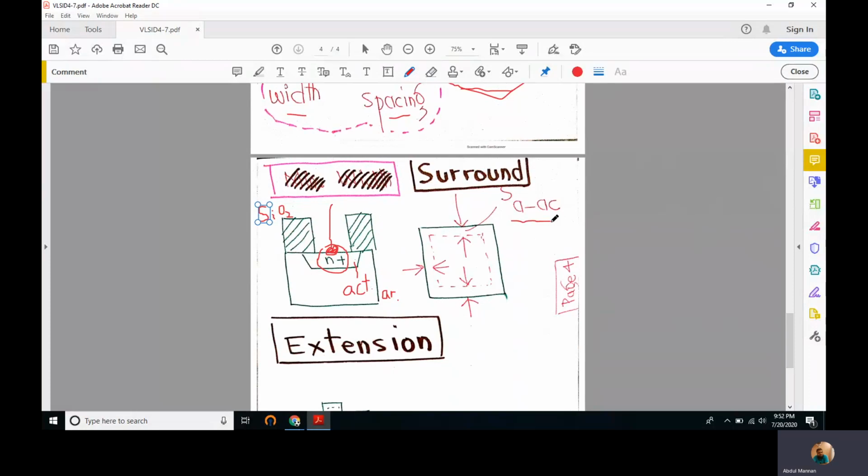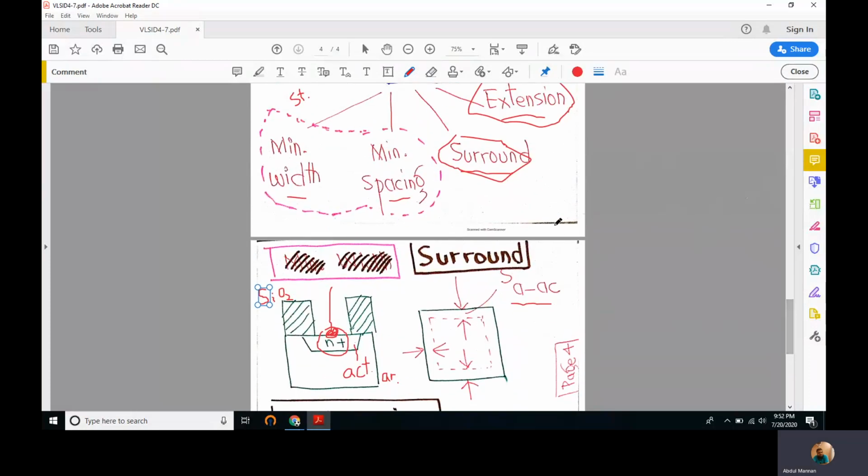So this is the minimum spacing between active and active contact. So we have to maintain this much spacing from all four sides so that it doesn't get shorted with any neighboring implementation, right? So we have to maintain that surround distance from all four sides.